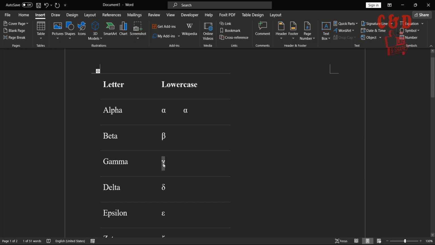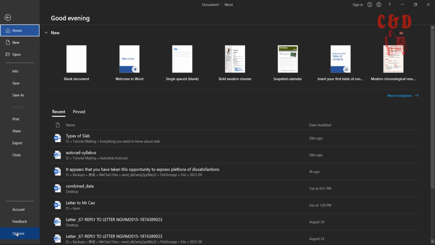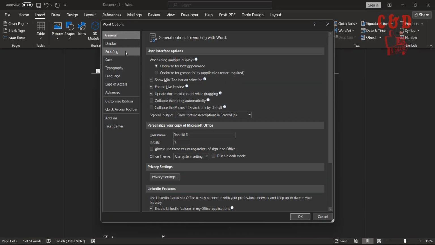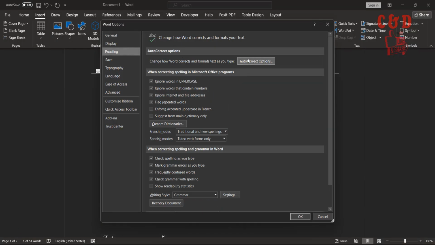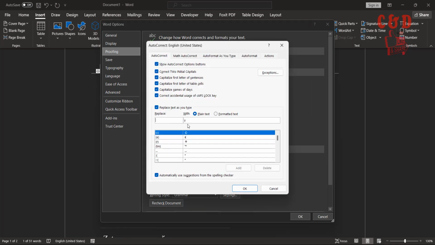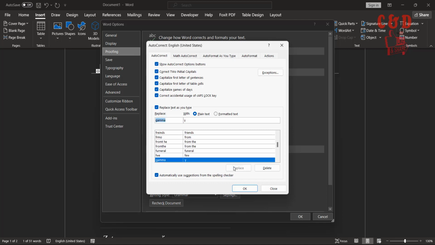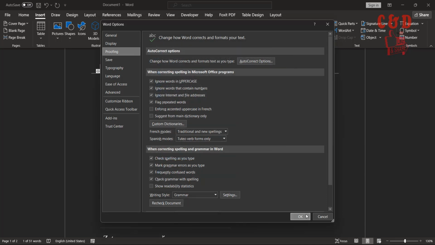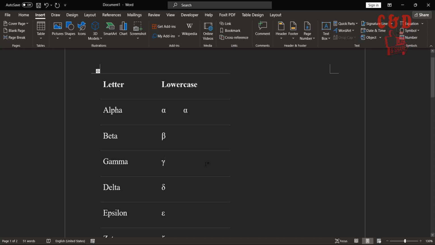Control C, or you just copy, and go ahead to File again and Options, and then again to Proofing, AutoCorrect Options, and when you copy, it's already there. It copies from the clipboard. So just type in here gamma, and Add, OK, and then again OK. And now when I type gamma anywhere and hit space or enter, you will get the